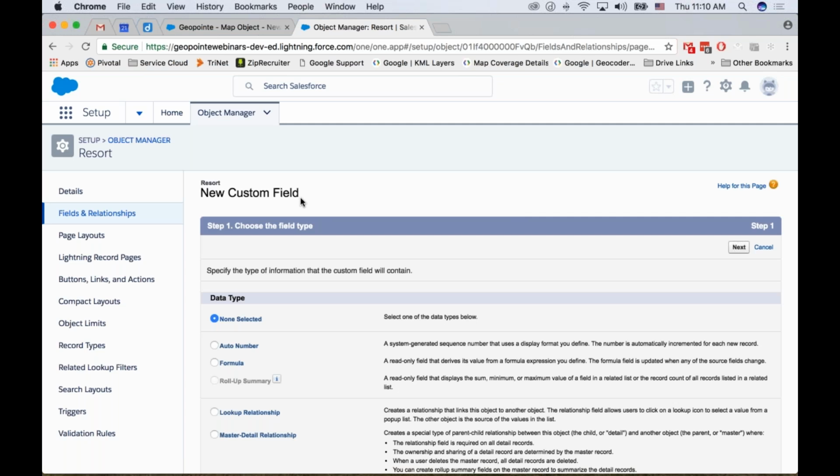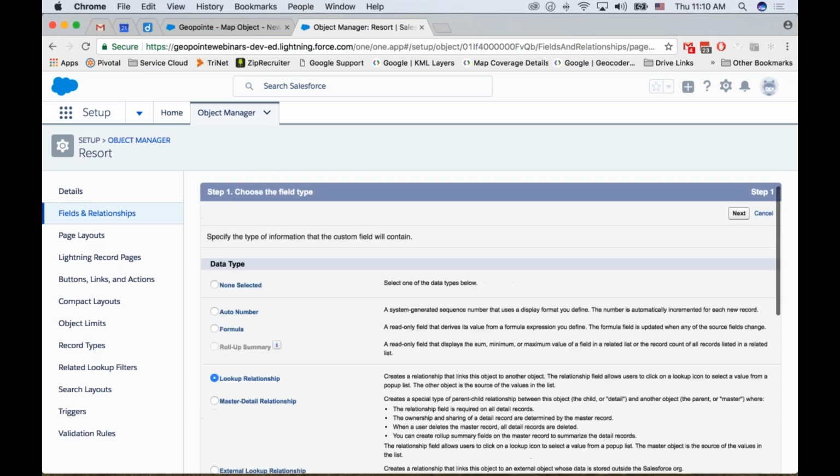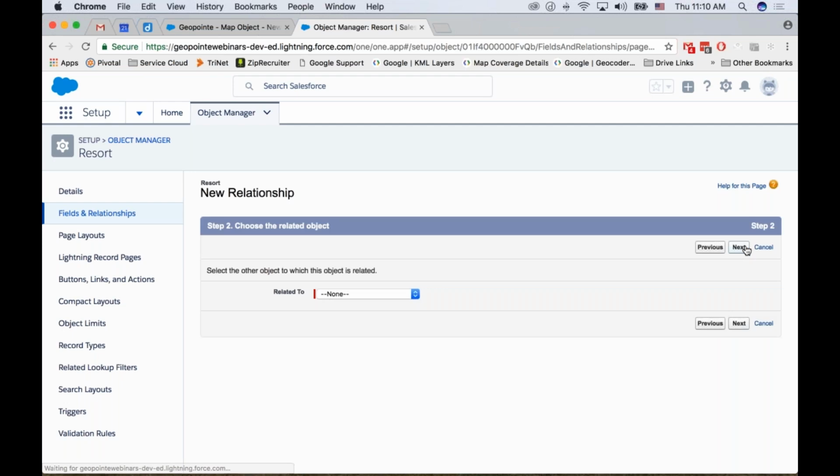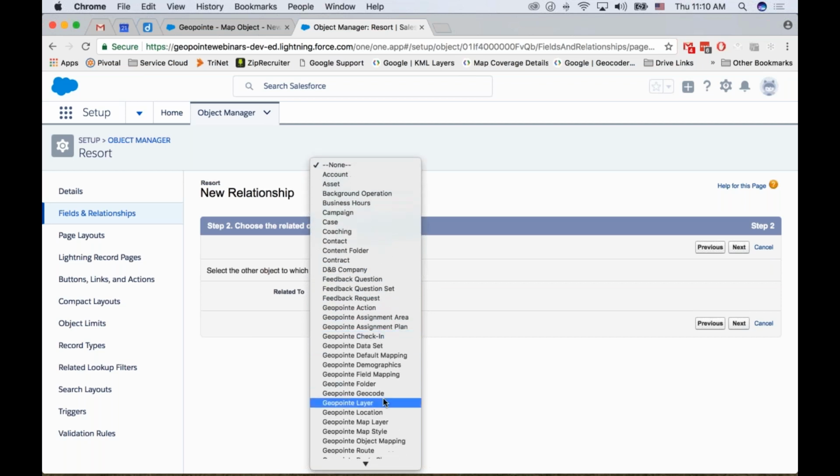And what we are creating here to do off-record geocoding is a lookup field. The lookup field is going to be to our geocode object, which then says you can write the latitude, longitude data to it after we create the map object. So I am going to find Geopointe geocode,